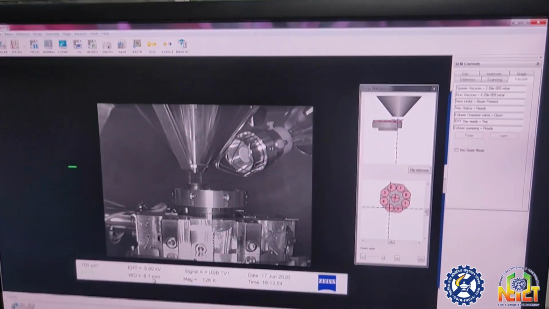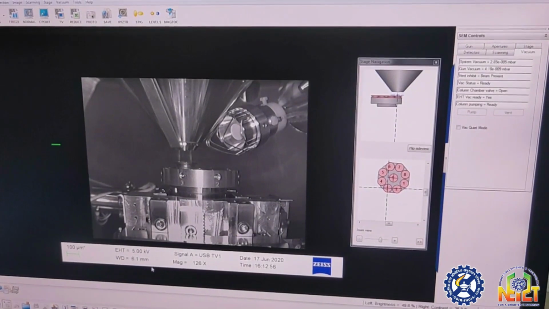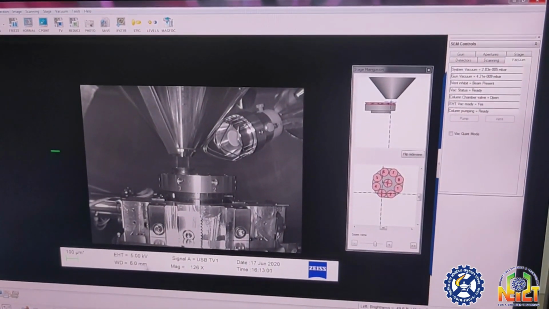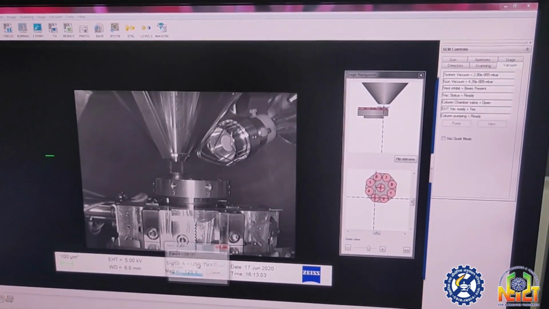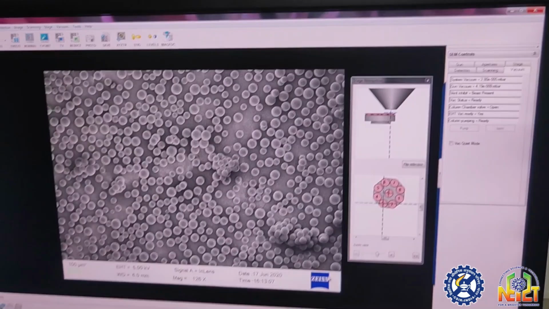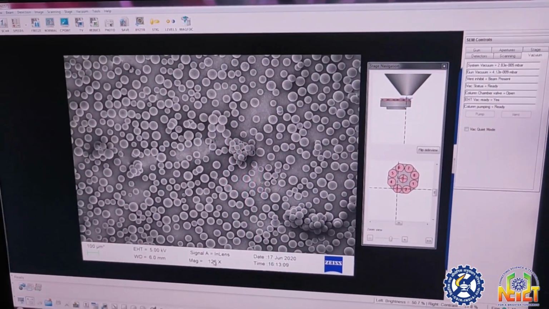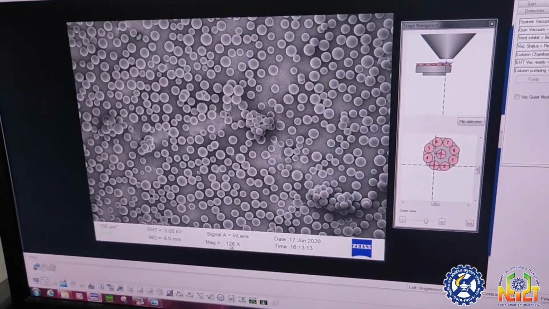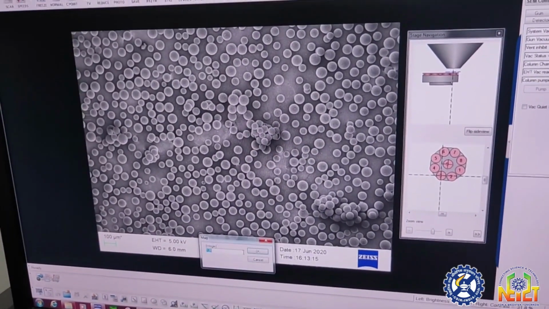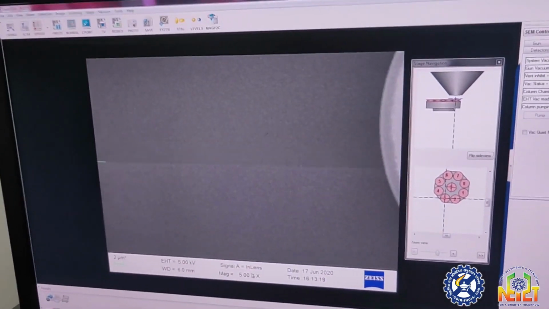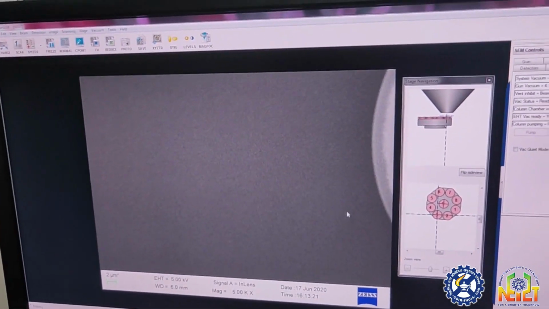So you see it is WD 6 millimeter. We can round it up by adjusting this. We push it, yeah. Now you can see 6 millimeter. Again, you are setting the in lens detector. Here you can see, so magnification you can adjust it over there. If you see here, we are now at 126x. Suppose I am putting 5000x. So you see.